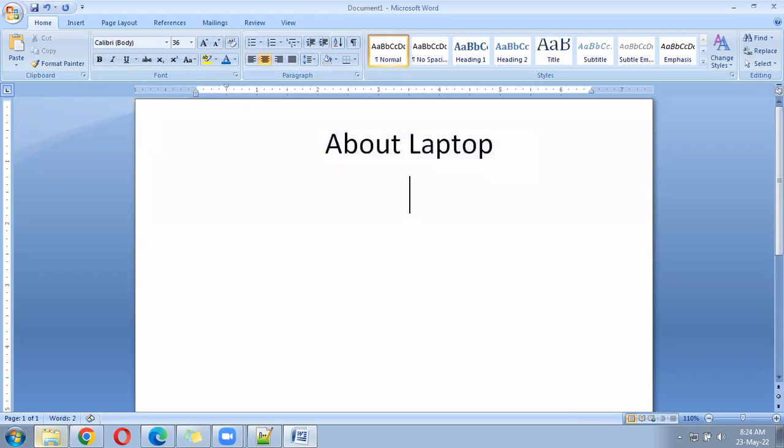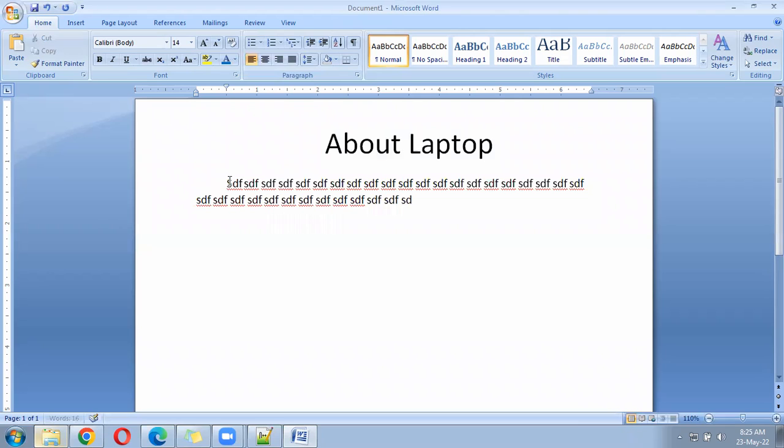Now coming down, about the laptop, we have to write something. When we have written this about the laptop, the headline can come from H1 to H6. Below, you are going to write the description about this laptop. Where does it come from? Who can use it? How to use it? Everything. So in that case